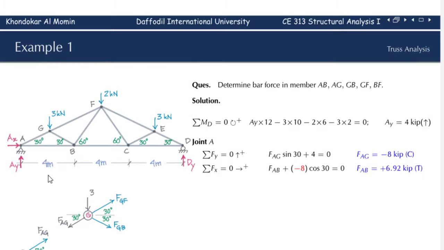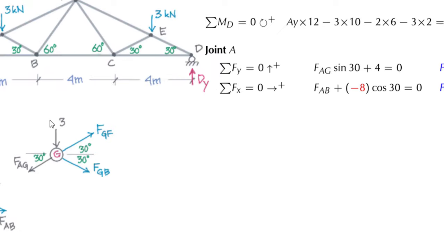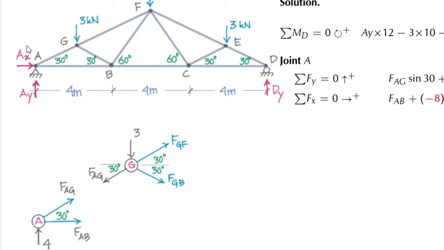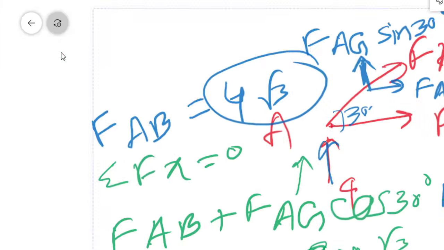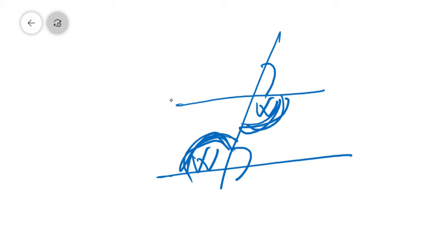Now let me draw the axis here. This is the y-axis and this is the x-axis. Now you might ask how I got the angles. When you look closely, if you draw a line parallel to AB, from our high school life, we learned that if two lines are parallel and any line intersects them, then this angle and this angle are the same. This is called similar angle, and definitely this angle and this angle will also be equal. This is called alternate angle.